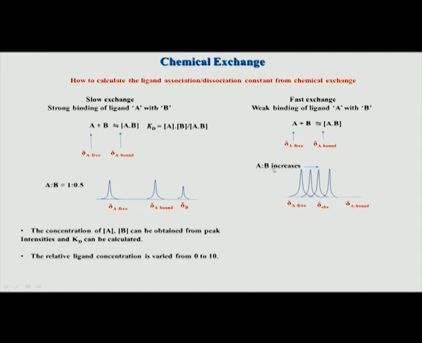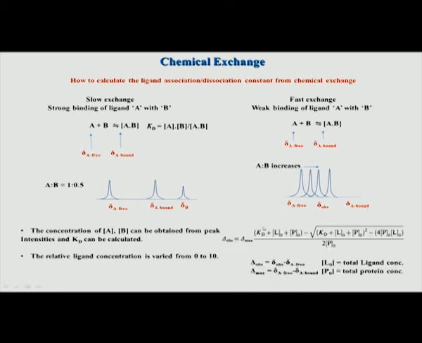So, this concentration of B, that is what we saw, and of course, after a large concentration of B, that means suppose B is 10 times A, then this peak will now tend to come close to the bound value here. So, from this bound value, suppose the peak comes here after the large addition of B, that value will correspond to the delta A bound. So, then you can get the delta A bound, you have the free form because you start with only A, and these two extreme values will be used for calculating as follows. So, this is how the calculation goes.